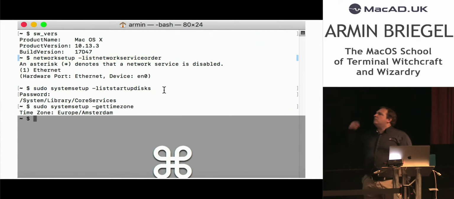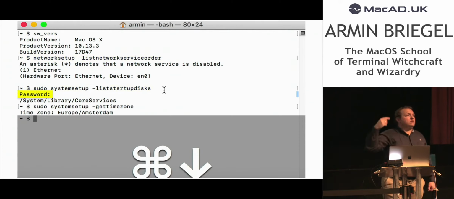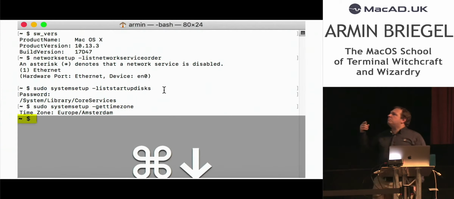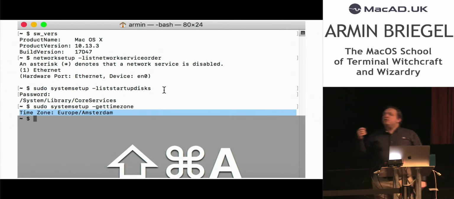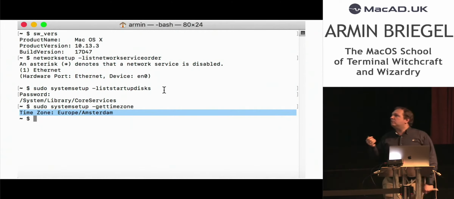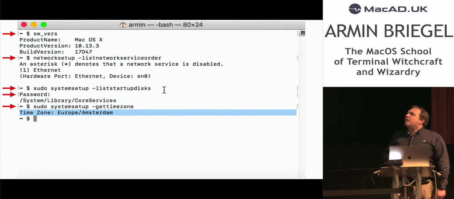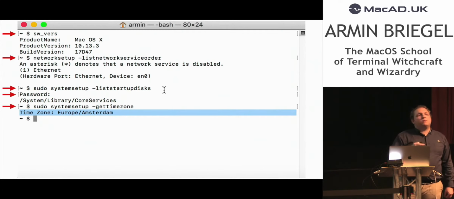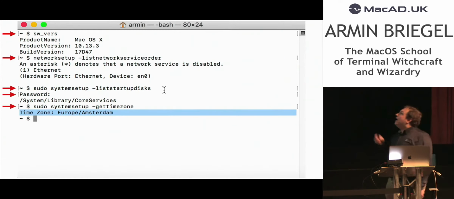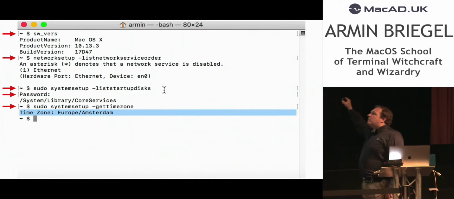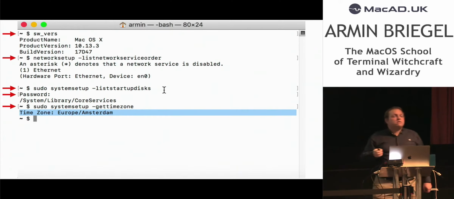Sometimes you will have output and you want to go through the history in the terminal. You want to jump to see previous commands. And you can use Command Up and Command Down to do that. Command Up will jump to the previous mark, and Command Down will jump to the following mark. And the marks are actually these small gray square brackets that terminal puts at the beginning and end of each command line. And terminal will automatically set marks wherever you hit the return key. It will set the mark upon enter. And that is very useful.